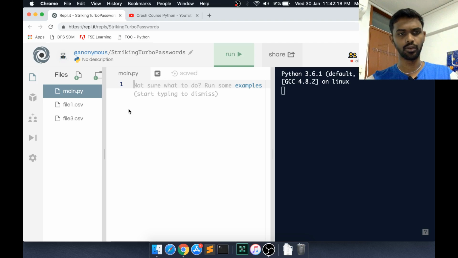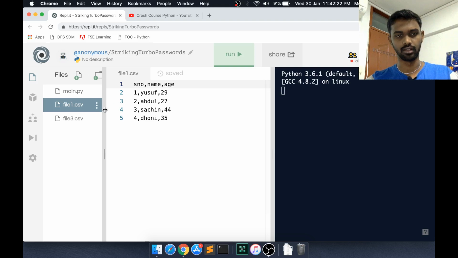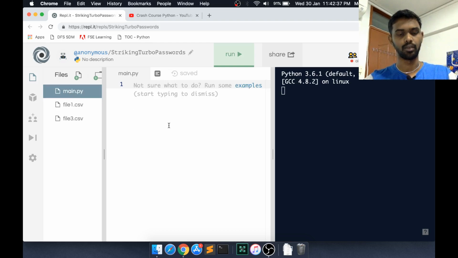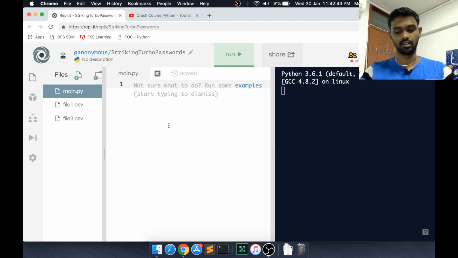First, in our editor I have already created one file called file1.csv. As you know, CSV stands for comma separated values. Now we have a small CSV file here, and I'm going to write a program first to read it using the normal method, which means I'll have with open